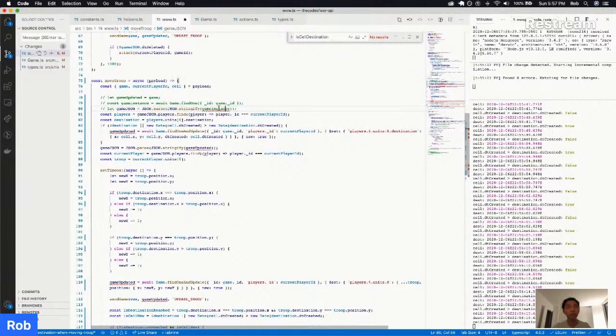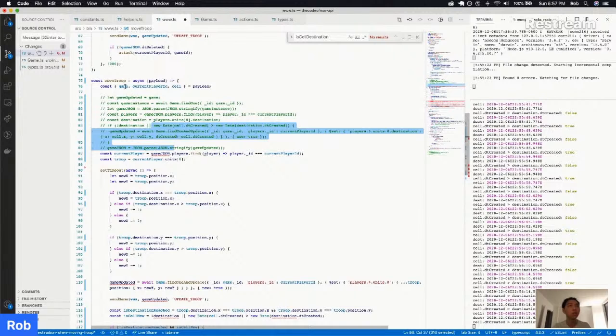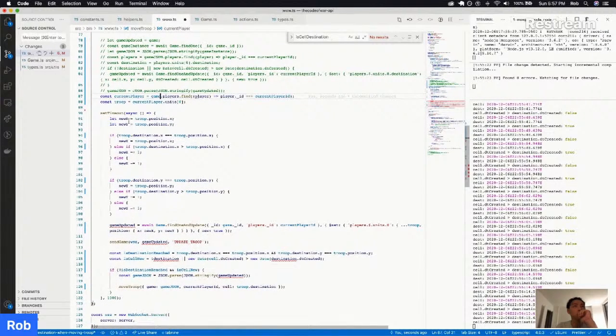So without that, we don't have that. And without that, we don't have that. Without that, we don't have that. It looks like we don't have any of this. So comment all of that out. We already have a game here, so we should use that. So we find the current player, and we find our troop. We wait a second to get